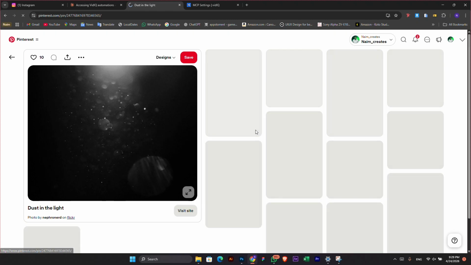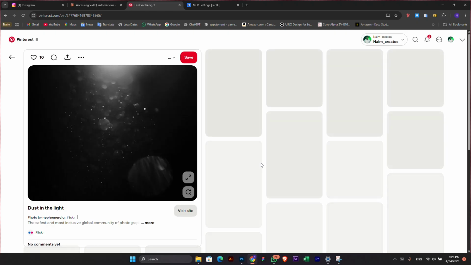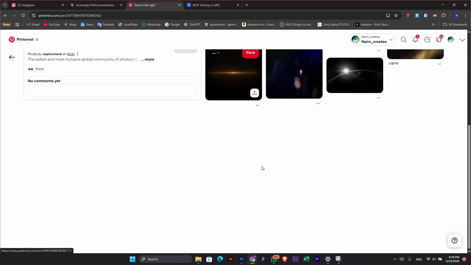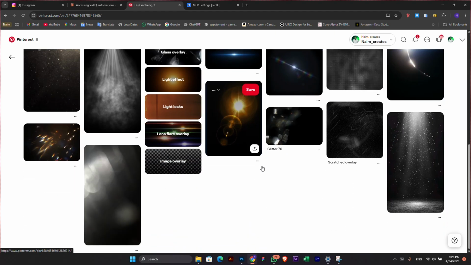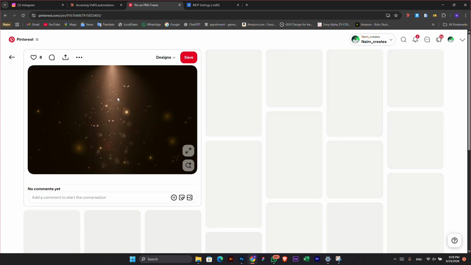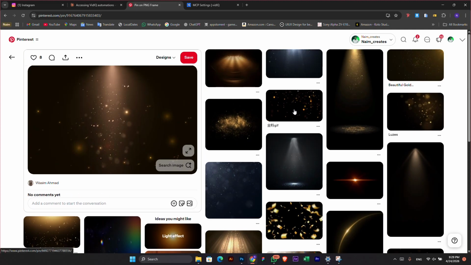So I'm just going to click on this. It might show me colored versions of it because I'm looking for a colored version. So I'm just going to scroll through, and this is how you usually find all these particles on Pinterest. So I'm just going to pick this one. It's kind of like yellow, and then it will show me more yellow versions of it. Then I'll click on this,